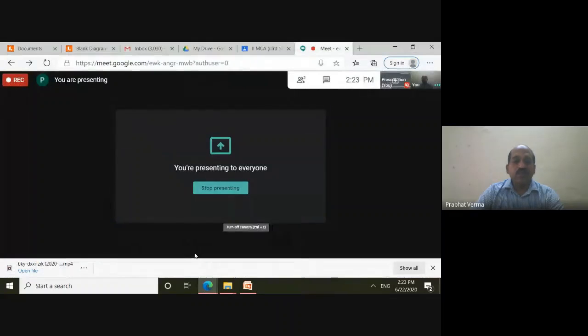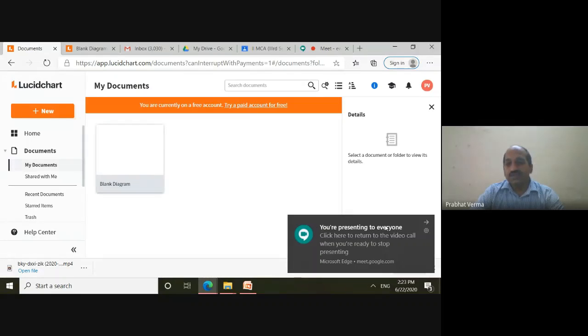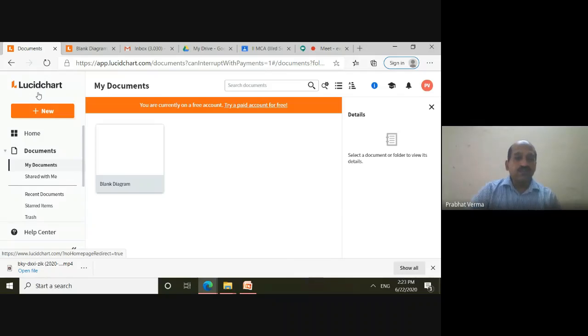Having reviewed this background, let us come to the demo session, where we shall make use of the tool known as Lucidchart. It is an online tool available for drawing a vast category of diagrams, including UML diagrams. Lucidchart has the advantage that, being online, it can be shared easily with other team members, and you can draw various types of UML diagrams.